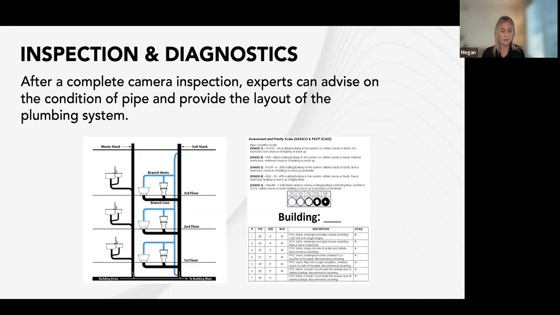So it's always our recommendation to do a complete project and make sure you're addressing everything. Because if you think about it, pipes don't discriminate, they age at the same rate. So if you're having problems in one section, you're likely to have problems in another section. It might be a little bit delayed, but you're going to see the overall condition be relatively the same over time.